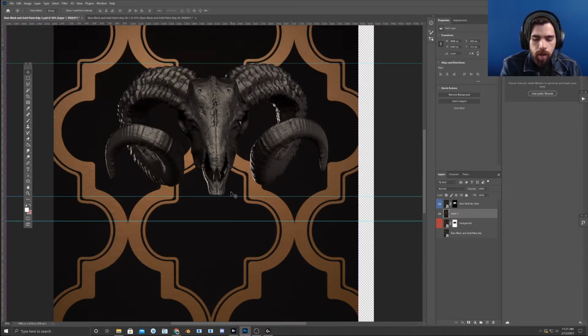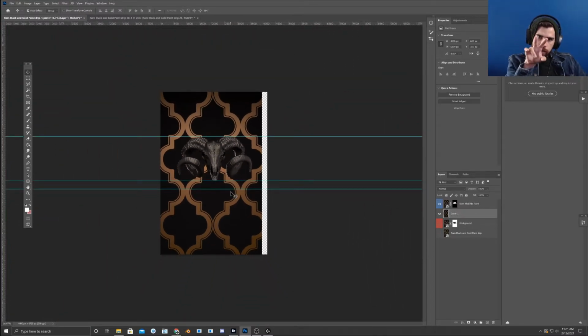I think it is less in your face, almost demonic looking. The demonic part was not my intention at all. So if I kept the eyes beaming with color, I think it'd just be too much. So yeah, that's what I'm going to do. Okay, so